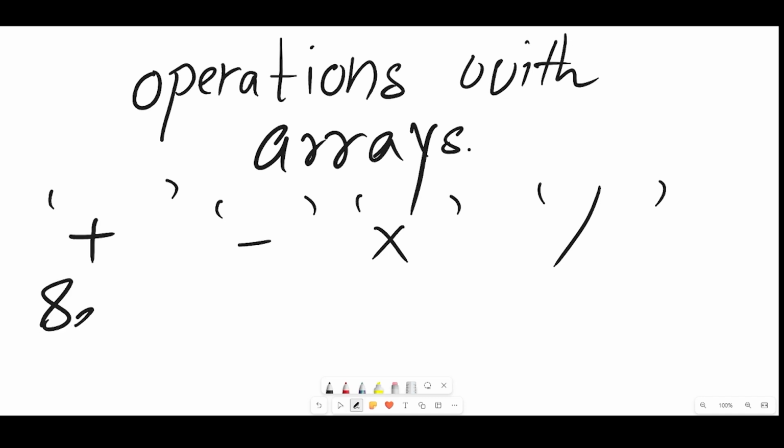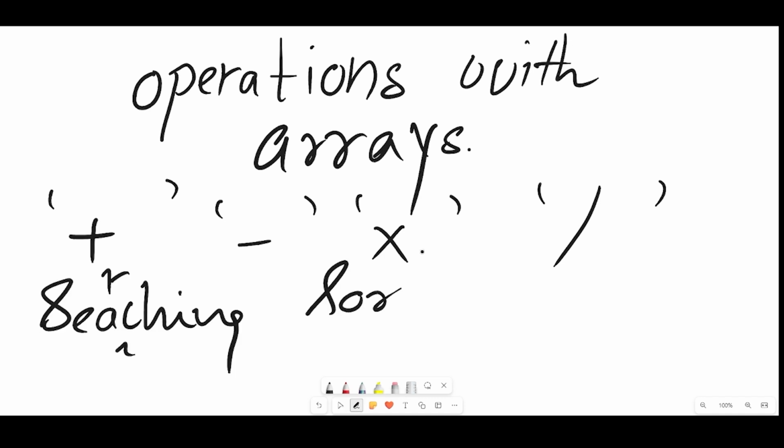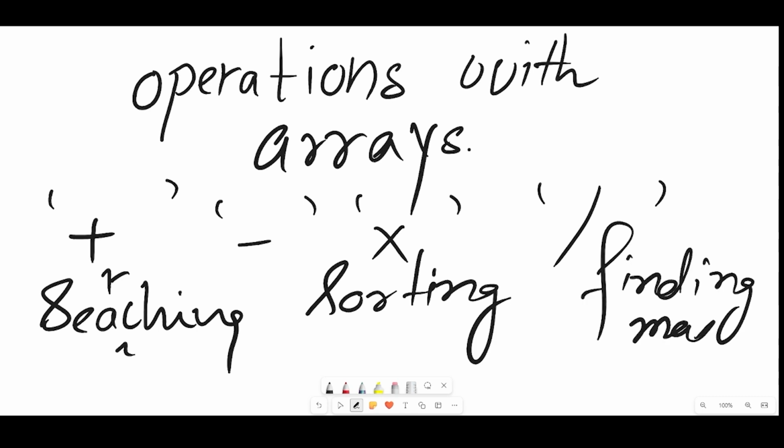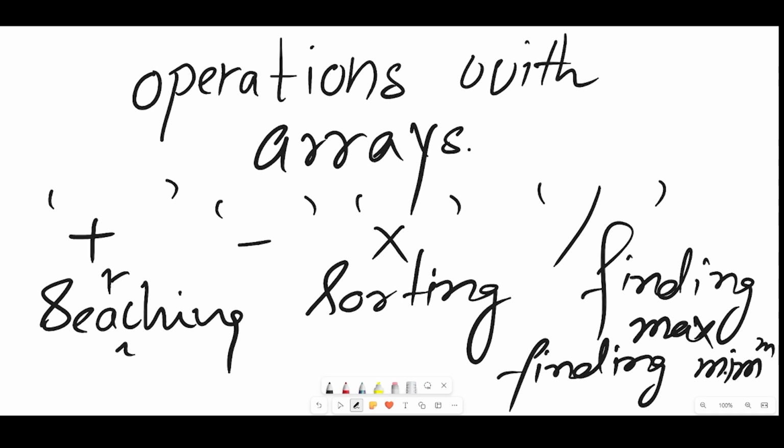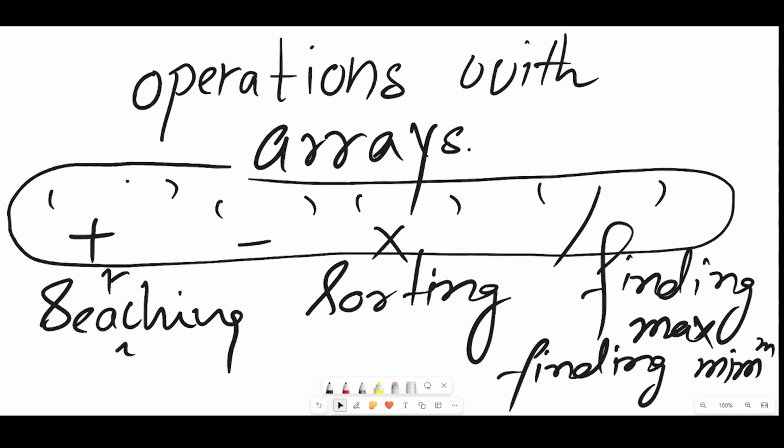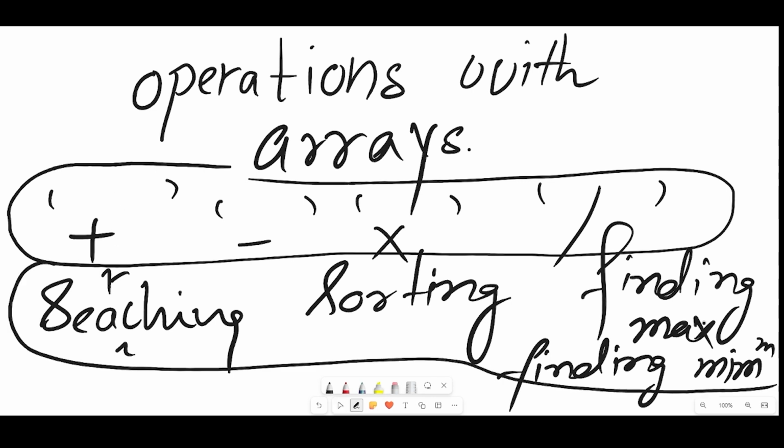There are other operations also which you will learn in the future. For example, you can do searching, sorting, finding maximum, finding minimum, different kinds of operations. These are all different ways of how you traverse the array. These are just a few examples of what kind of operations you can do. Since you are learning it for the very first time, considering you as a beginner, I will show you only how you can add, subtract, multiply, and divide. In future classes, you will learn about searching, sorting, finding maximum and minimum, all those things with the help of an array.